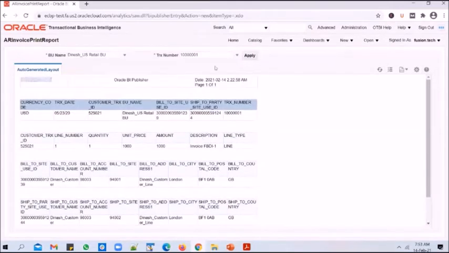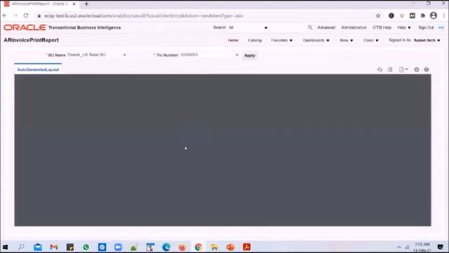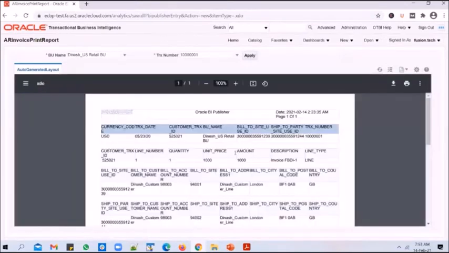But if you look at the output, it is generated this time not in an XML format, but if you look here, it is generated in an HTML format. And if you click on the drop down, it is currently generated in HTML format, but I can generate the report output in other formats as well. Like I can generate the output in PDF, RTF, Excel, PowerPoint as well. And PDF output is what the client is looking for. So if I click on PDF, it will generate a PDF output. So it has generated a PDF output.